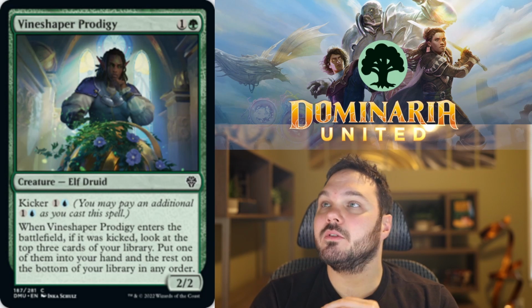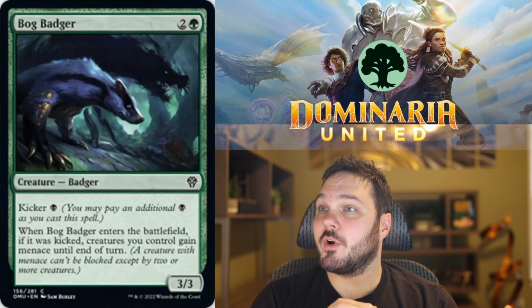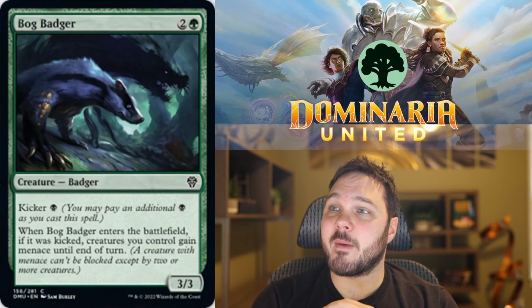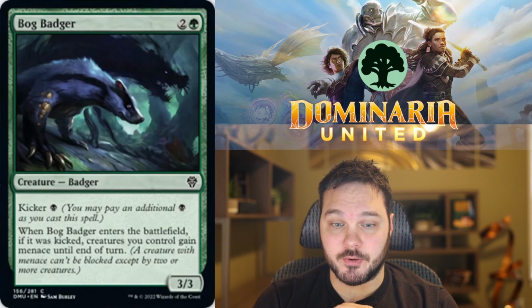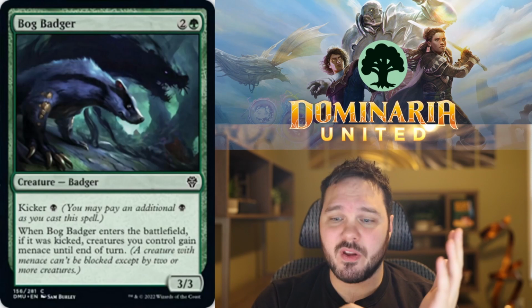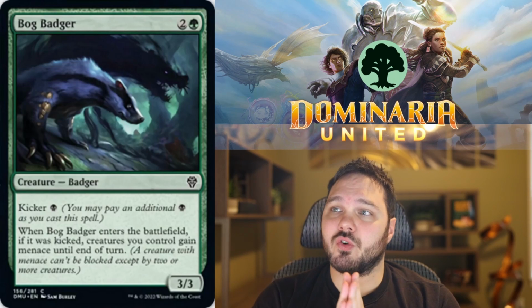Up next, we have Bog Badger. 2 and a green for a 3/3 Badger creature with kicker black. When Bog Badger enters the battlefield, if it was kicked, creatures you control gain menace until end of turn. I like this guy. This is a fine rate. You get your 3/3 for 3, and it has the upside of you can pay an additional black and give